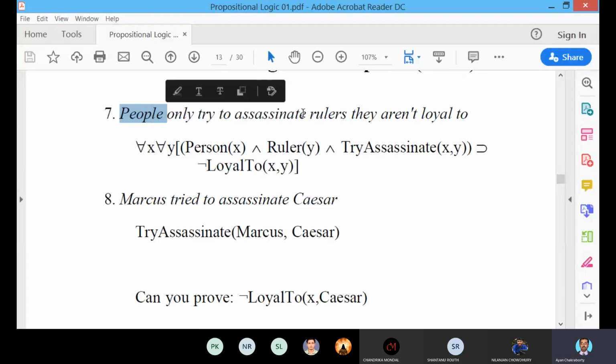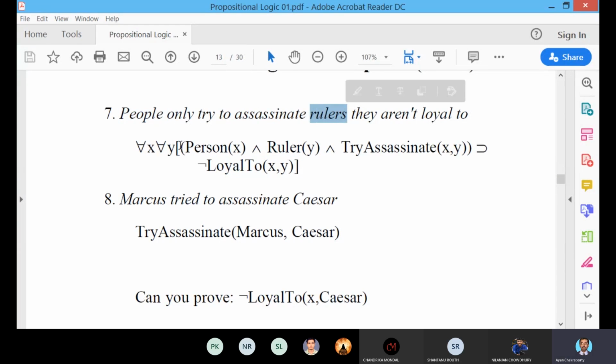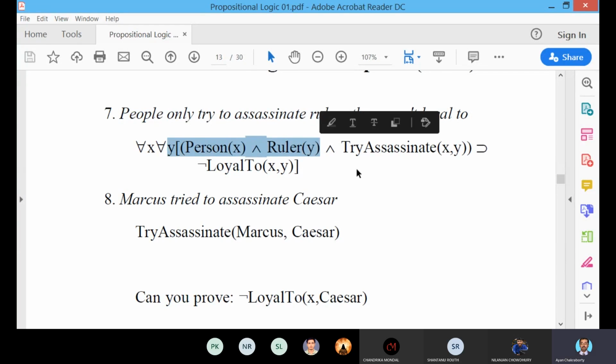So we have created WFF for these two predicates, people X and ruler Y. X is the reference of predicate people and Y is the reference of predicate ruler.